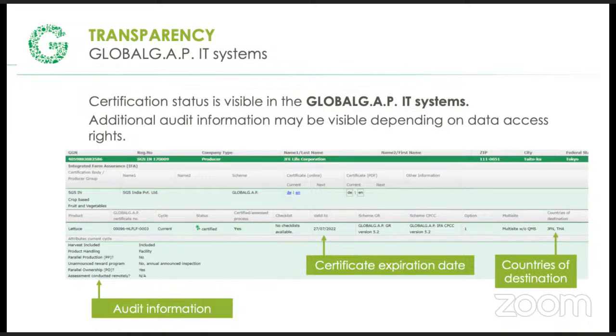So if I'm trying to get into a market, whether they ask for it or whether I give it to them or not, they'll come into this system that all the supply chains that are dealing with farm produce use across the world. They'll look up my business, my company in this system to see my Global Gap certification status. And a lot of them will bluntly say, if you're not here, don't even call me. I'm not interested. Or they want to hear when we're going to be certified. It's as simple as that when it comes to accessing the international market for avocados.